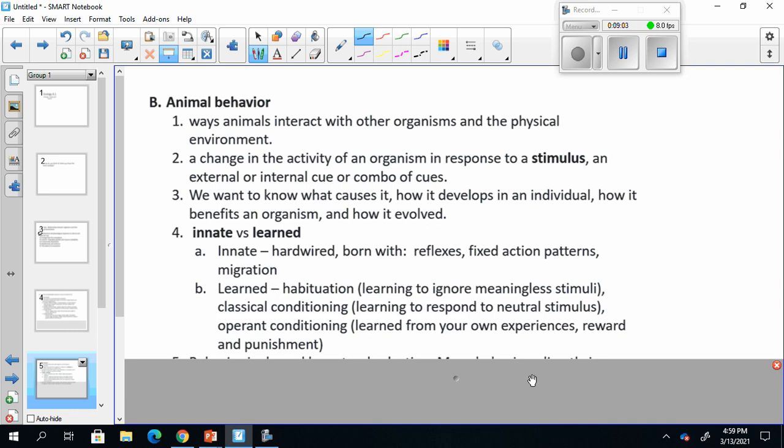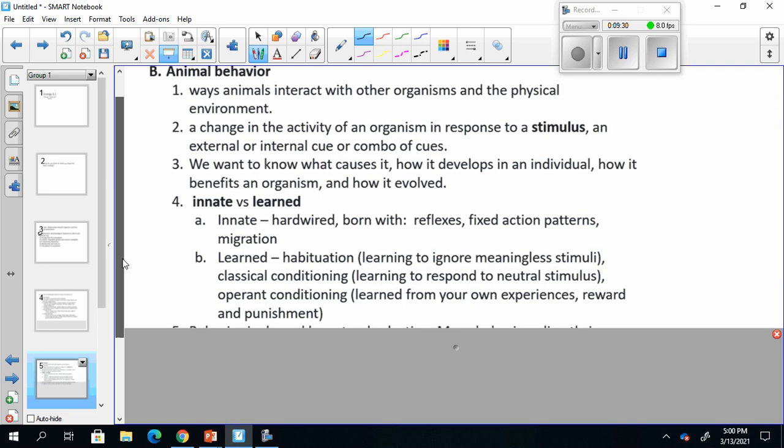Or a reward would be like, there is this man Skinner, and he did experiments with rats. He put them in little boxes, literally called Skinner's boxes, and they had little buttons. One button was for a reward and food would come out, and another button would shock them. The rats learned very quickly, oh, hit the one that gets me more food and don't ever hit the one that gave me a shock. So that's learning based on your own behavior.